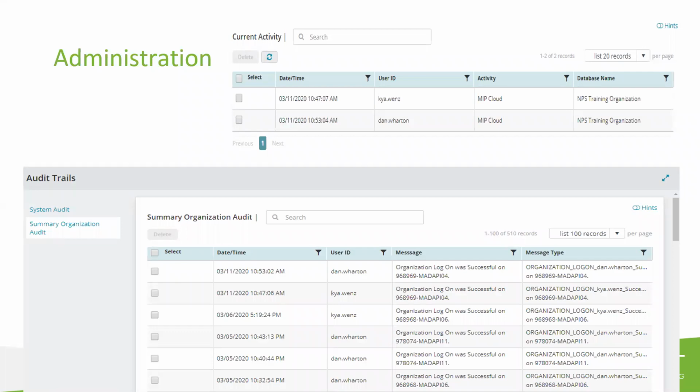Something else that QuickBooks users don't have, and this is shown in the screenshot below, is the summary organization audit, and this is a default. It will show you who logged in, when they did it, what they did, and what their activity was as they logged in the system, and whether it was a successful event.